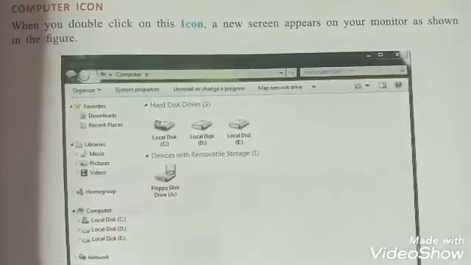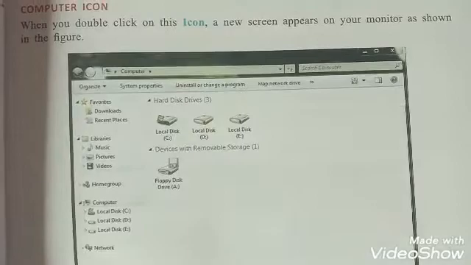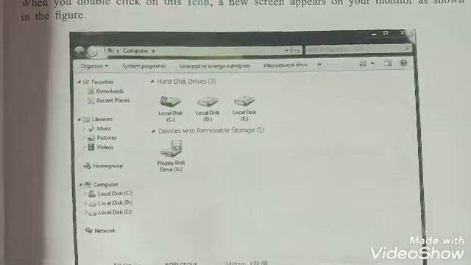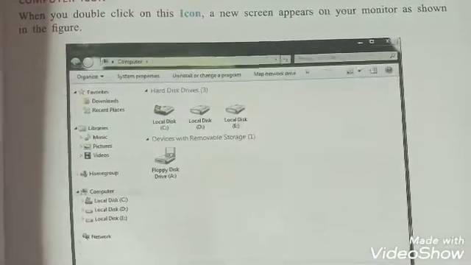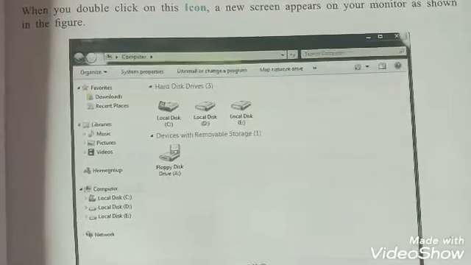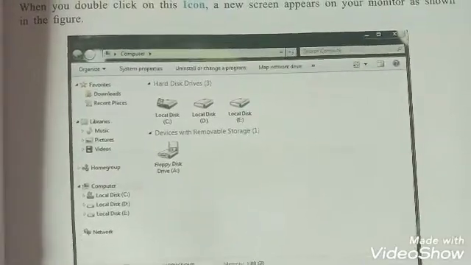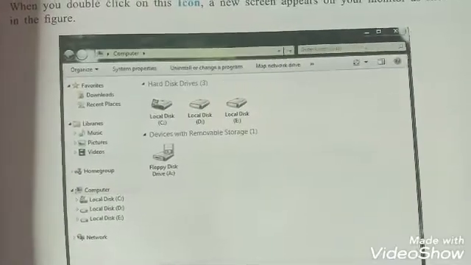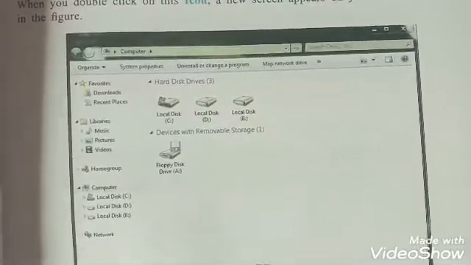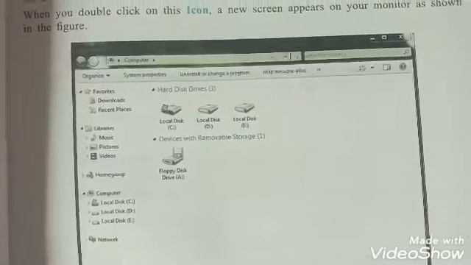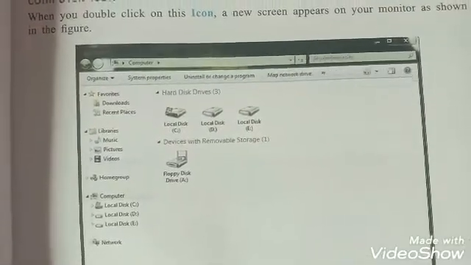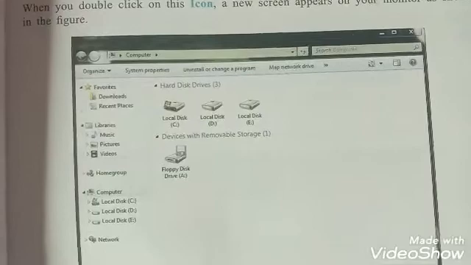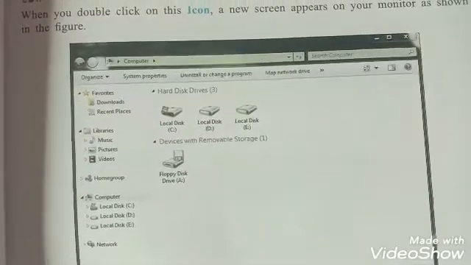When we open computer icon, this page appears on your monitor or laptop screen and contains different hard disks like local disk C, D, E, etc. and a removable storage device known as floppy disk drive A.